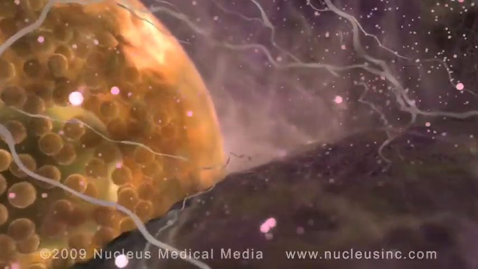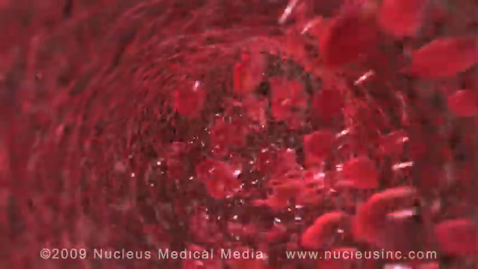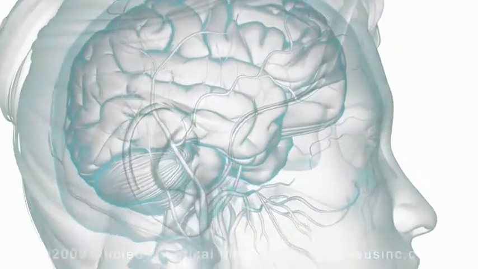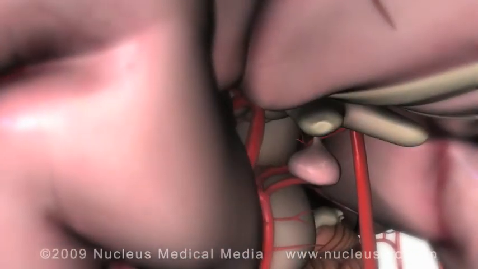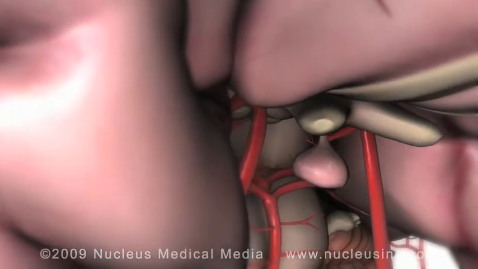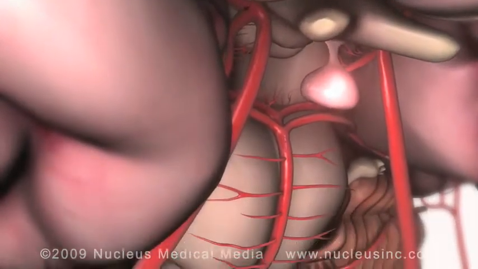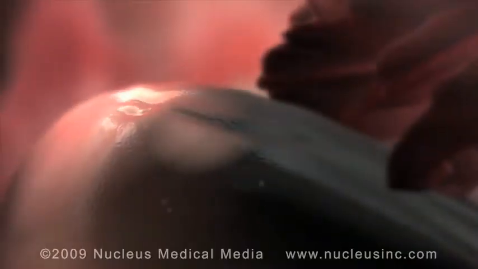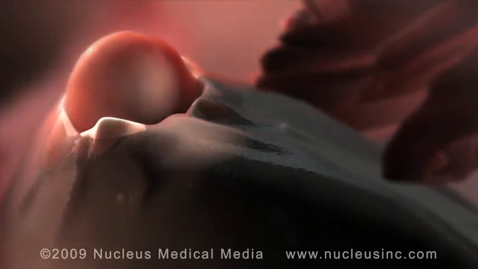Around day 12, the follicle secretes a large amount of estrogen into the bloodstream. When the estrogen reaches the hypothalamus and the pituitary gland in the brain, the anterior, or front, part of the pituitary gland releases a huge surge of luteinizing hormone into the bloodstream. Around day 14, luteinizing hormone causes the follicle to undergo a sudden growth spurt.